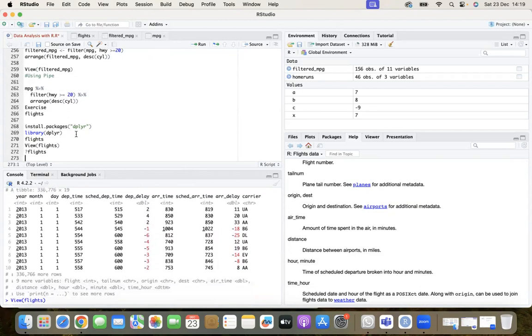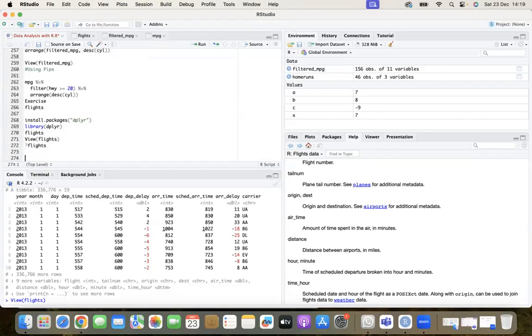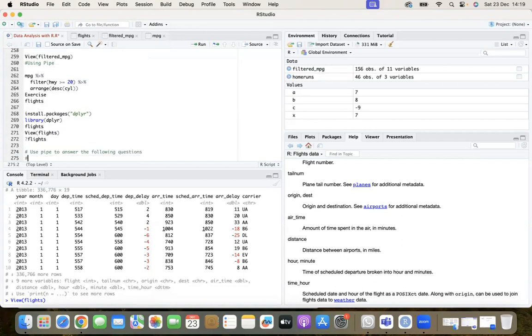So how do you do it? We would use the method we just learned. Which data do we want to work with? We want to work with MPG. So let's try the question. Use pipe to answer the following questions. The first one says, what is the farthest